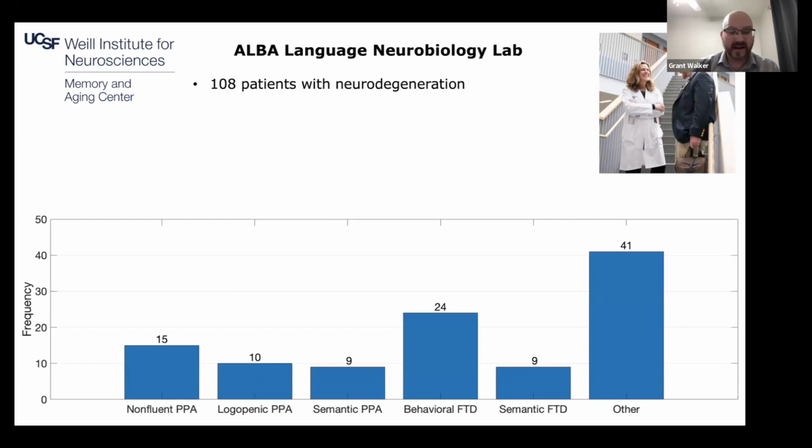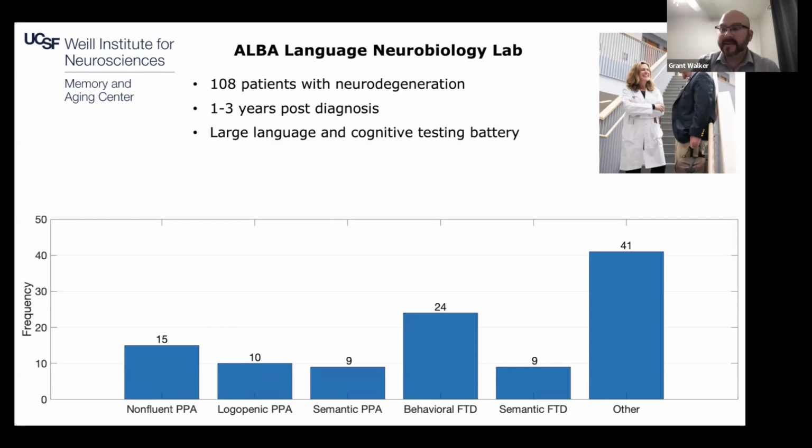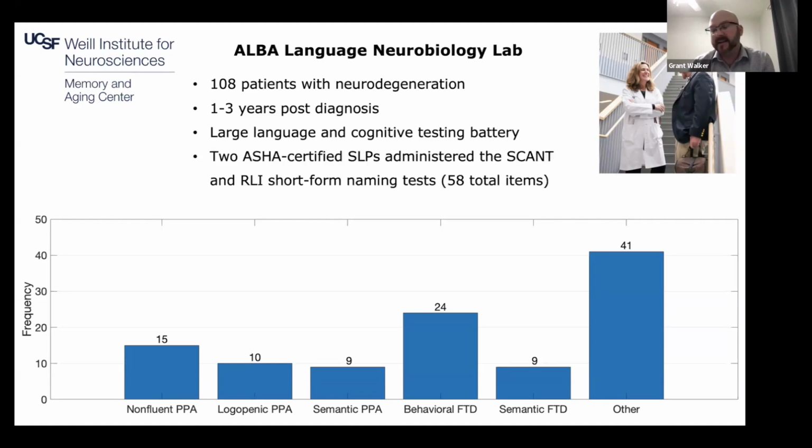And so within, I think, a year now, we already have 108 patients with neurodegeneration. They were all 1 to 3 years post-diagnosis, so pretty early in the process. And they all receive this very large language and cognitive testing battery, both for clinical purposes and for research purposes. And so we were able to piggyback onto